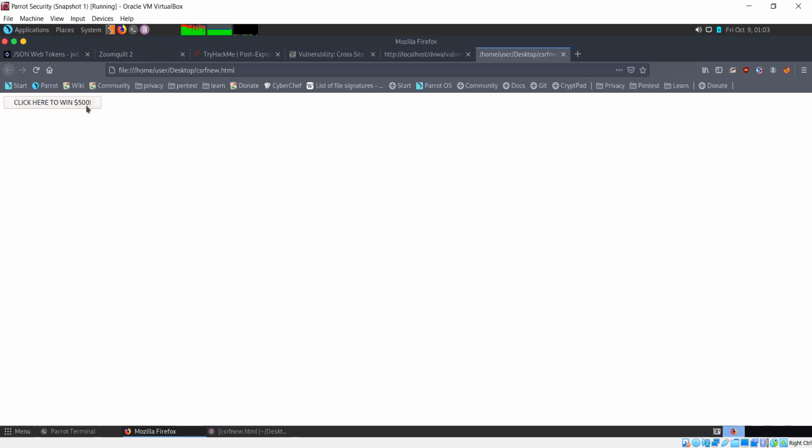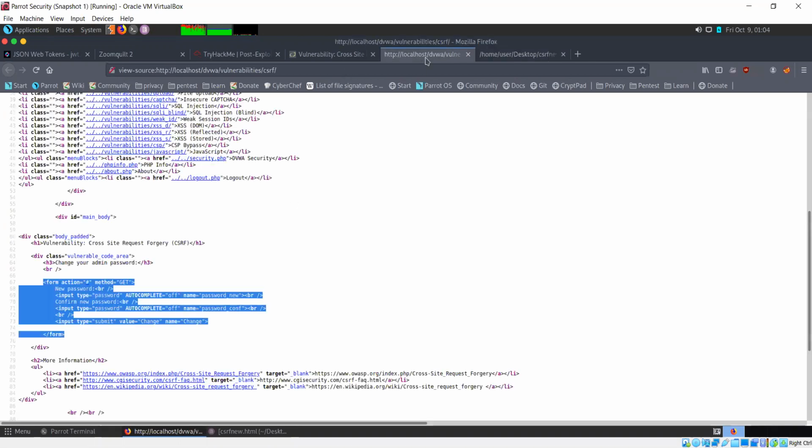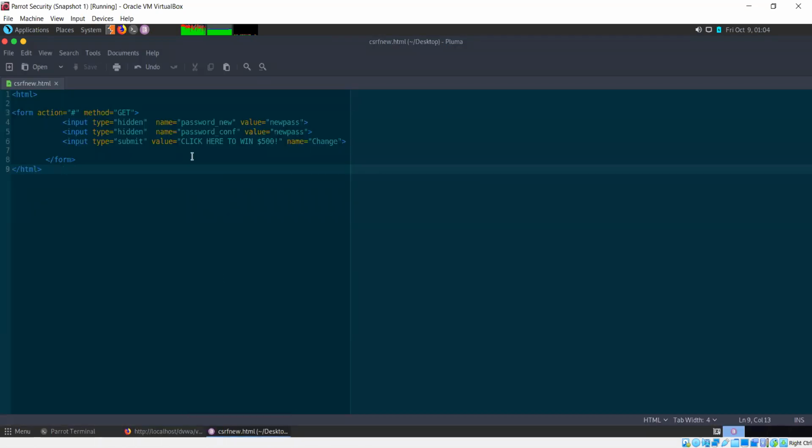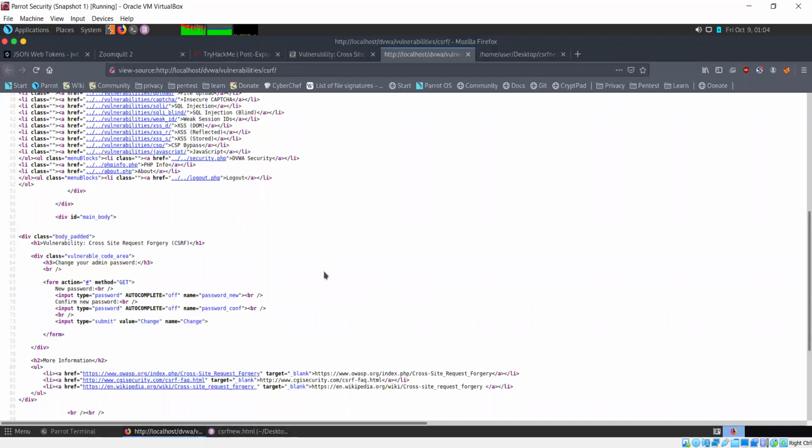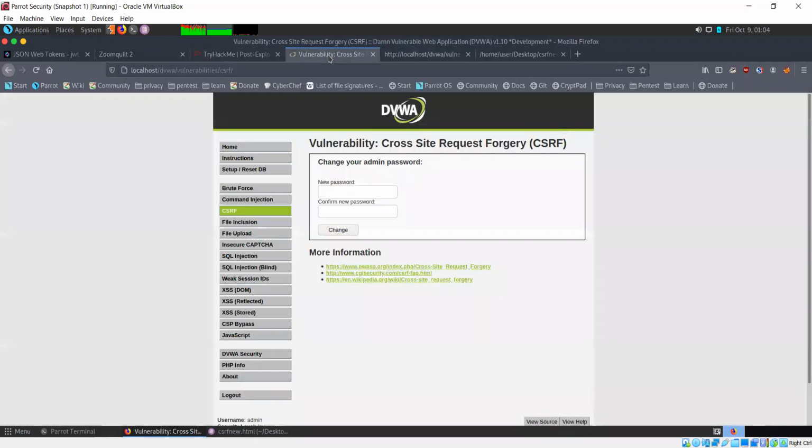So click here to win $500, and what would happen is if I click on this, then let's see what happens. Okay, currently the form action is not performing form action. Let's see what's after this.